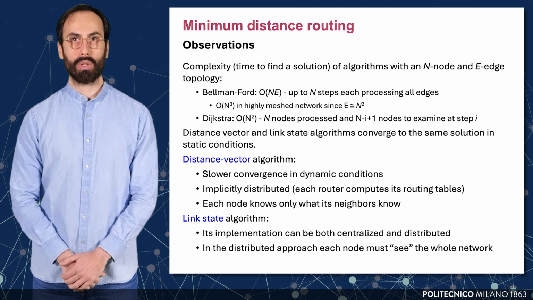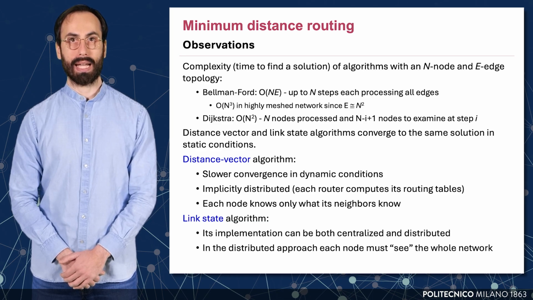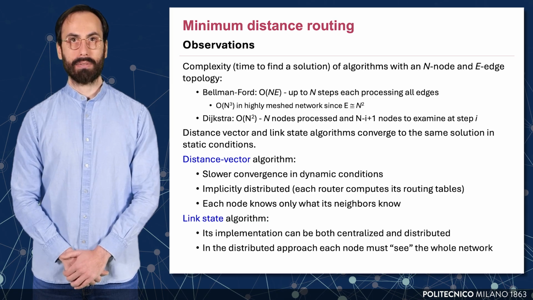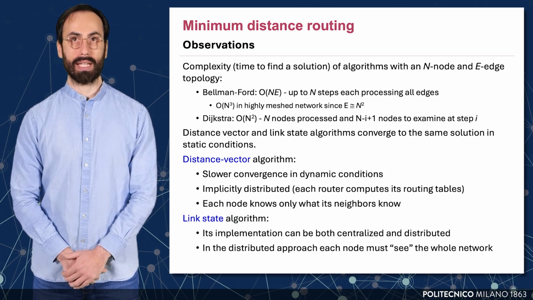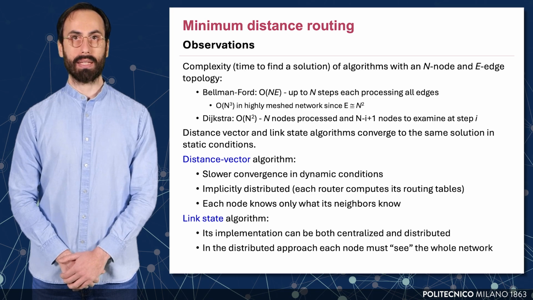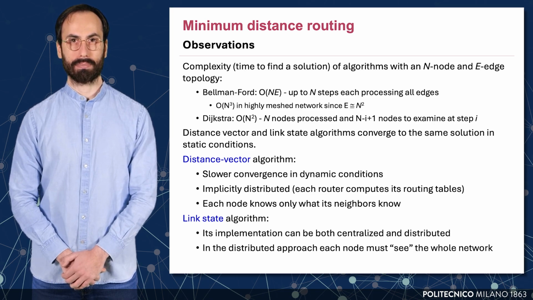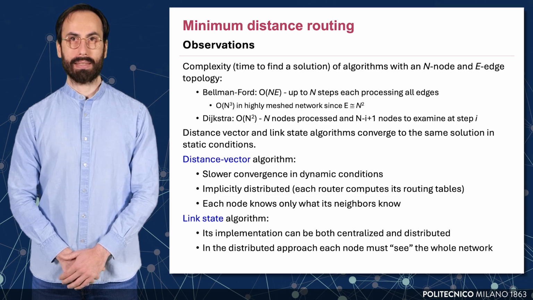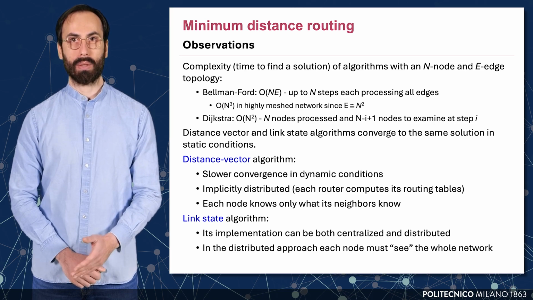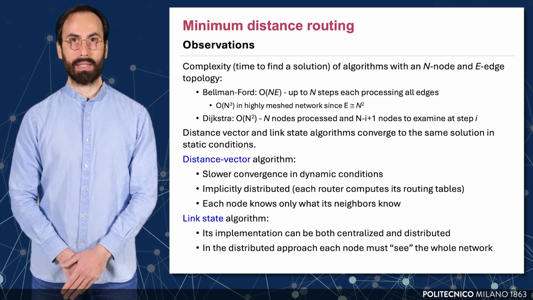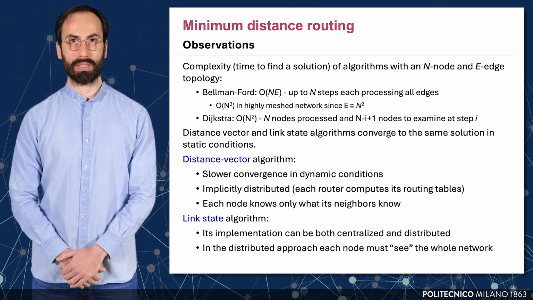We now focus on the comparison of distance vector and link state routing algorithms, focusing on their complexity and behavior. Bellman-Ford, which underlies the distance vector approach, has a complexity of O(n) per E, and in dense networks this can reach O(n^3). On the other hand, Dijkstra's algorithm, which powers link state routing, has a complexity of O(n^2), and is generally faster, especially when implemented efficiently.